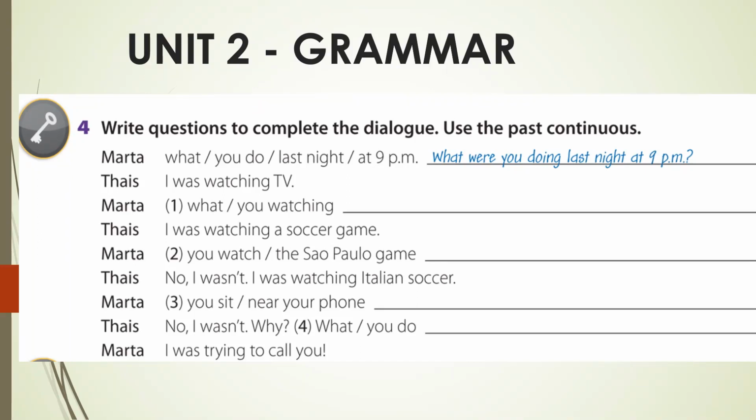Then we have: what you do last night at 9 p.m. And here we have: what are you doing last night at 9 p.m. Remember, past continuous. What do I have to use in past continuous? I need the verb to be. I always need to use a verb to be. And this verb to be is connected to the subject, so I know that this to be has to be connected to this subject. Here is a question. They are